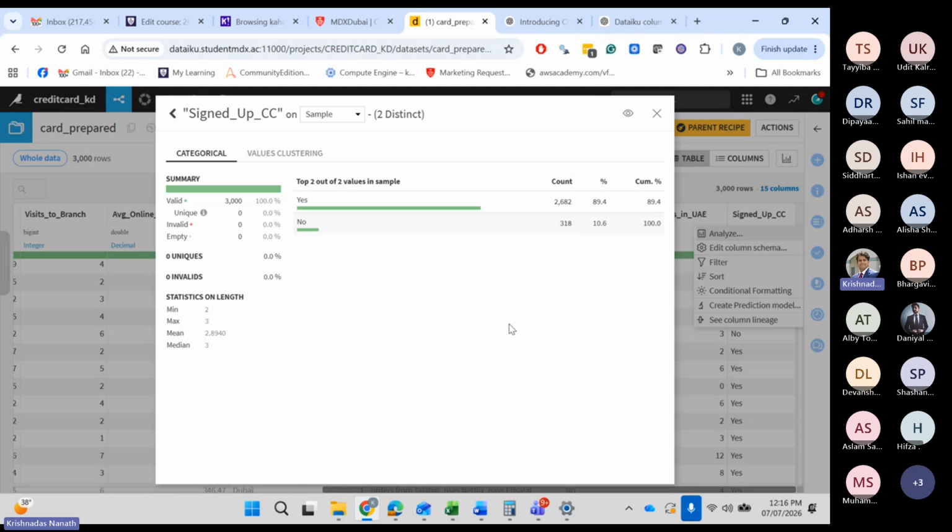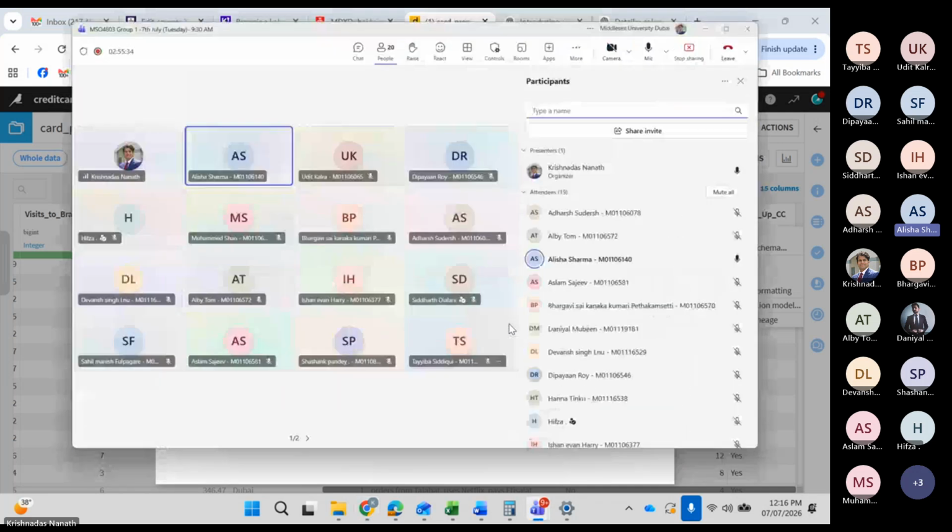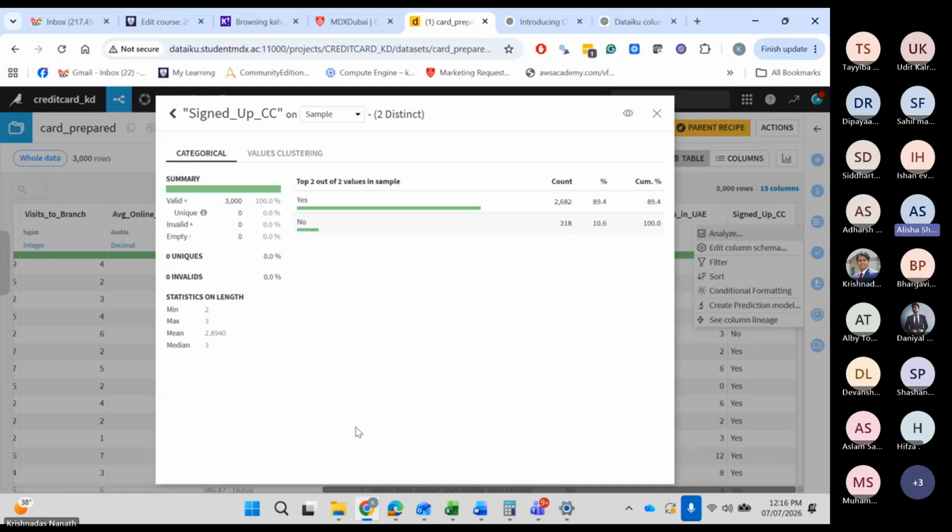Yes, someone online was asking. If we are doing this, see, no is 318, shouldn't we take yes as 318 exactly? Not exactly 318, but maybe even more than that. So it need not be 50-50, but it should not be in extreme minority. But if we take 50-50, then won't it make it learn more precisely? Then the number of training rows will reduce.